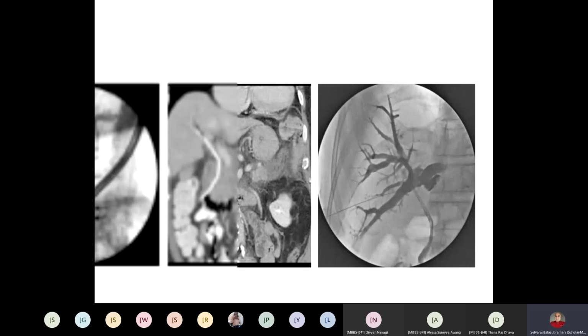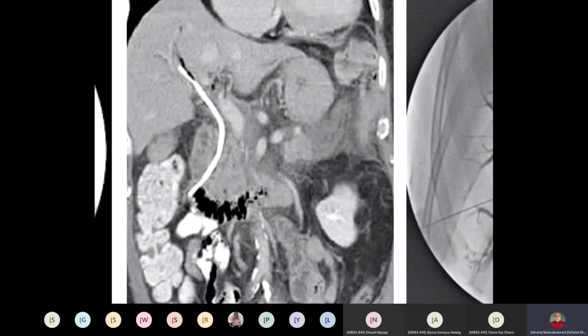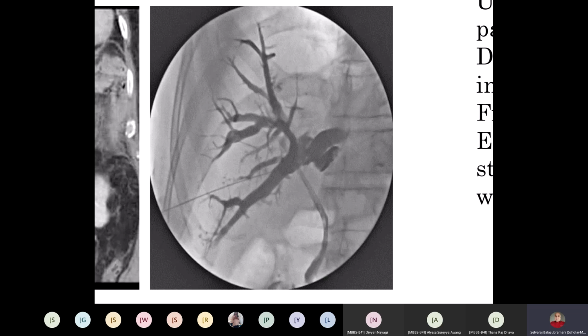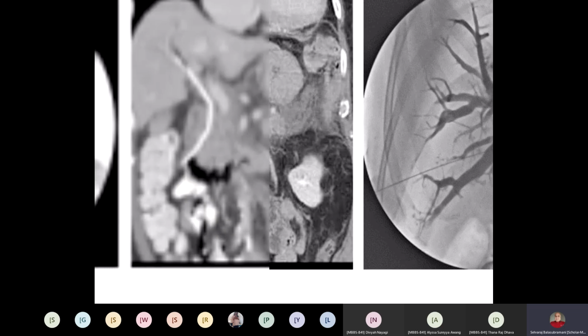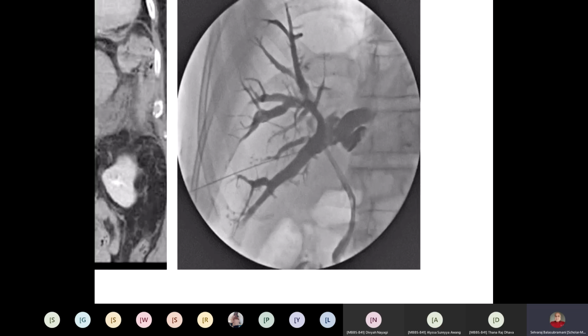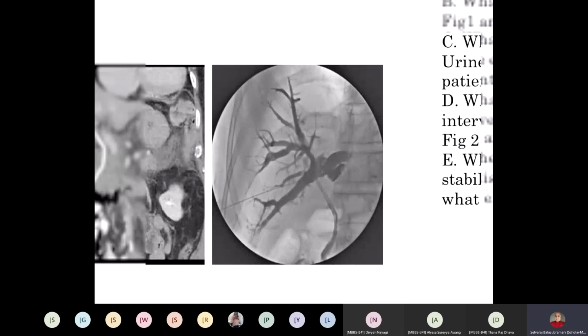Okay, this is the other way. If ERCP is not possible, you are unable to remove the stone or put a stent, then you have to go for this procedure, PTBD. Because our aim is to remove the infected bile from the body. At this suppurative cholangitis stage, you need not bother about the stone in the common bile duct at all. You have to concentrate on how to remove that infected bile. Either you can do this nasobiliary drainage or you can do this PTBD.